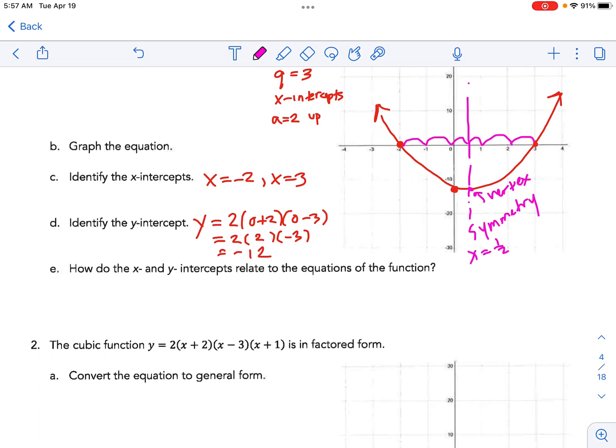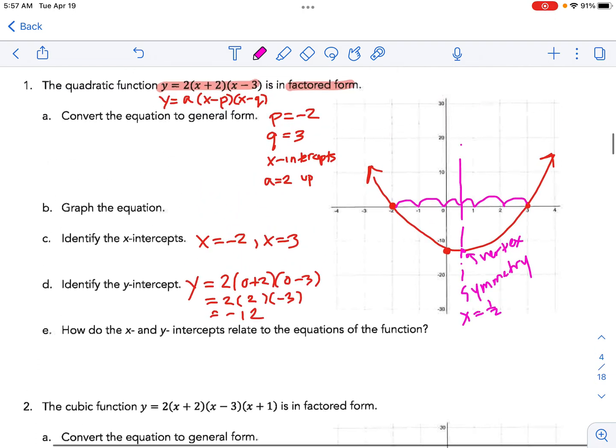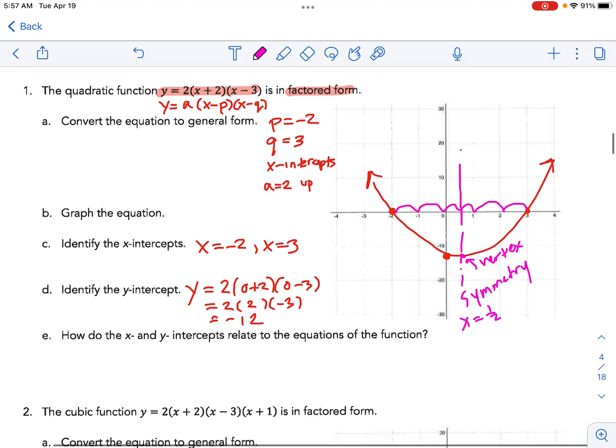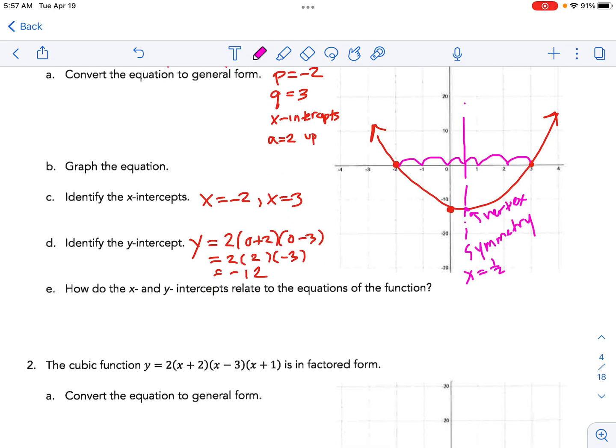But finding those x and y intercepts is at least enough to give us a basic shape, and that's what we're going for here today, a basic shape for our higher order polynomials. We're going to use this process that we used with the quadratic on the higher order polynomials, and that will give us a decent sketch. So how do the x and y intercepts relate to the equation of the function? We know that the x-intercepts, the p's and q's, so to speak, those are the factors,